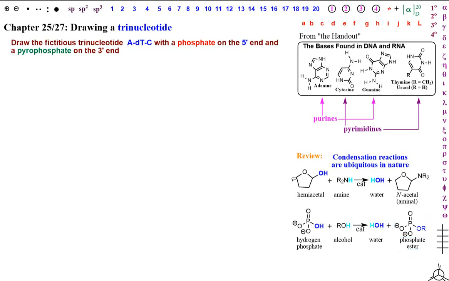Okay, the hemiacetals used to make trinucleotides are derived from ribose. You will not be told that on the test. You are expected to draw ribose. Now, if there is no oxygen on carbon 2, it's called deoxyribose. The short form, when I want that, is a little d in front of the letter. My only deoxyribose will be in the second nucleotide in my